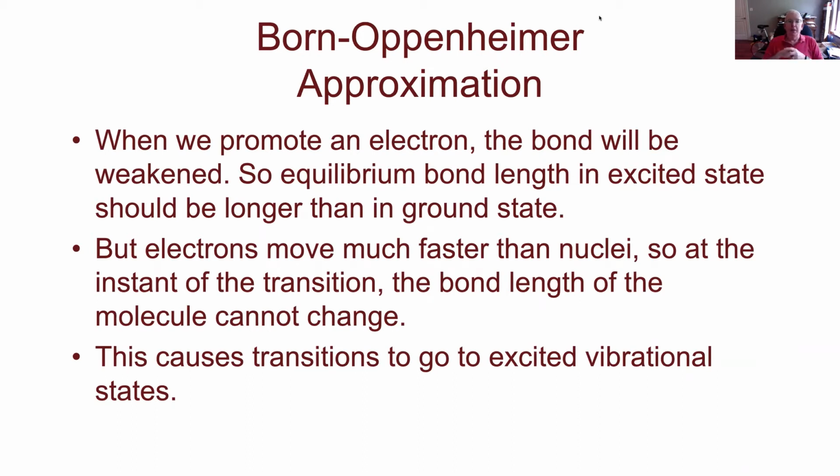All right. When this transition actually takes place, though, the electron changing orbitals, that will happen much faster than the nuclei can actually correct themselves, okay? So at the instant that the transition takes place, it's going to have to take place at some fixed bond distance, okay? Because I can't move the nuclei to get to that new equilibrium distance. That means that in pretty much all cases, a transition will go to an excited vibrational state in the excited electronic state. All right, we'll look at this right now, I guess, a little bit with some potential energy curves,